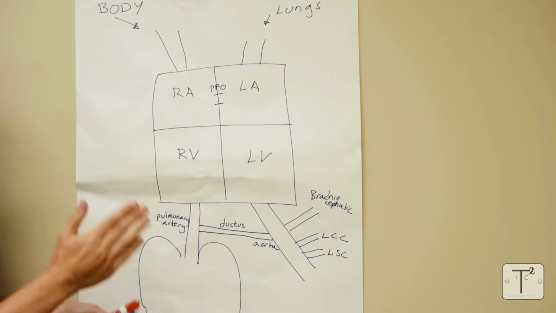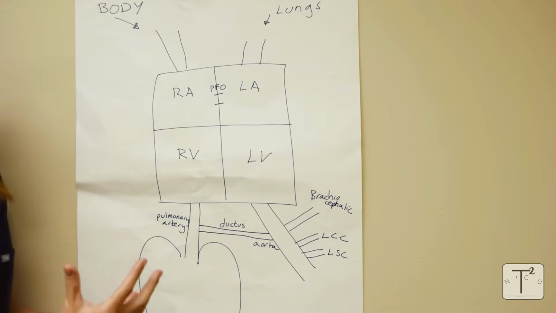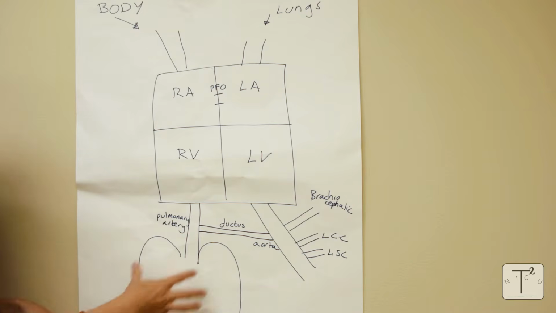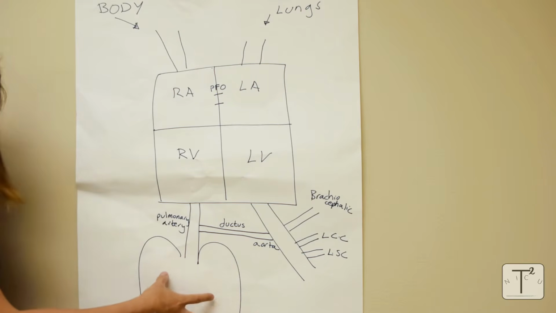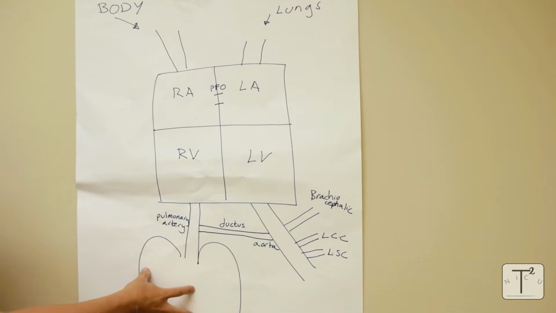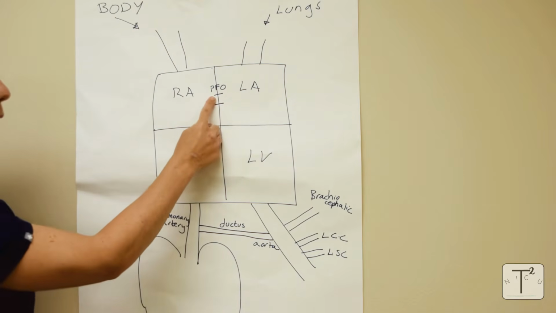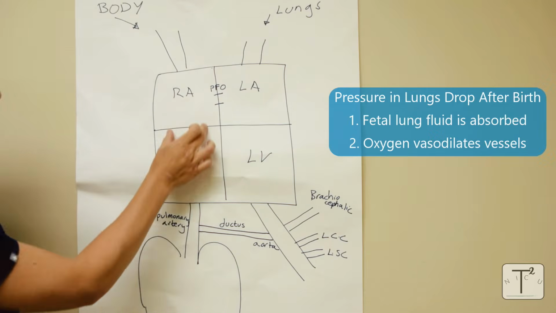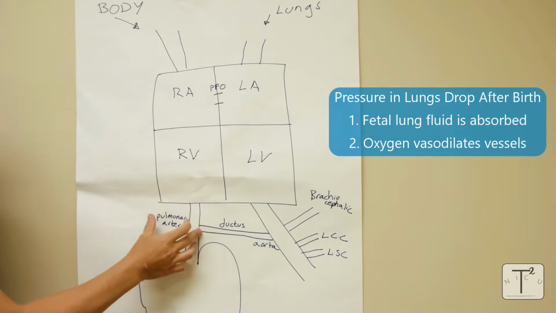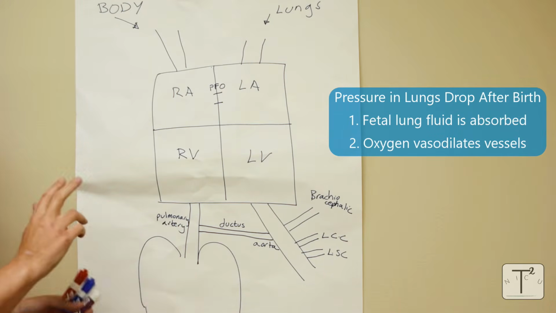After a baby is born, that fluid leaves the lungs. Some of it starts happening before the baby is born, during delivery, and then the crying after the baby is born helps get rid of the last little bit of fluid. With that fluid going away, the pressure in the lungs drops a lot. And so what ends up happening then is the blood that's coming back from the body, even though the PFO is still open, even though the ductus doesn't close immediately, that blood now in the right ventricle, in the right atrium is like, okay, well, maybe I could actually go down here into the lungs